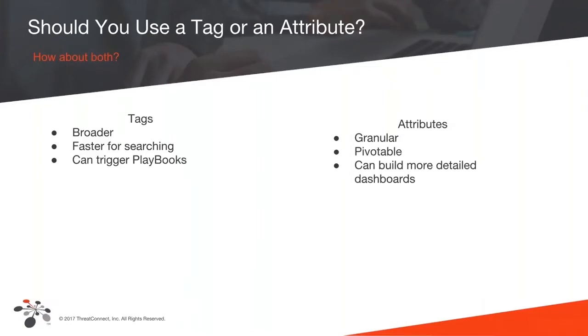The thing is, tags are there for that broad thing. So if you're going to go through and mark a file indicator, if you know a certain file hash is a piece of malware, we might go in and mark that file hash with a malware tag. But then once we get down into the attribute level, we want to put what that actual malware family is, or we can associate certain TTPs with it.